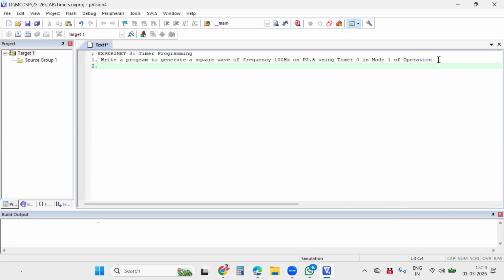The second program: write a program to generate a rectangular wave of 100 Hz frequency with 30% duty cycle on timer 1, for a change, in mode 1 of operation. That's the second one. And the third program,